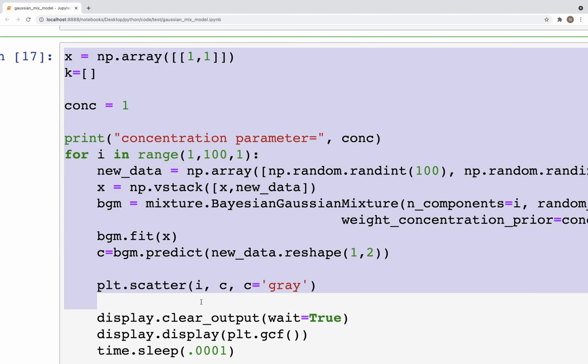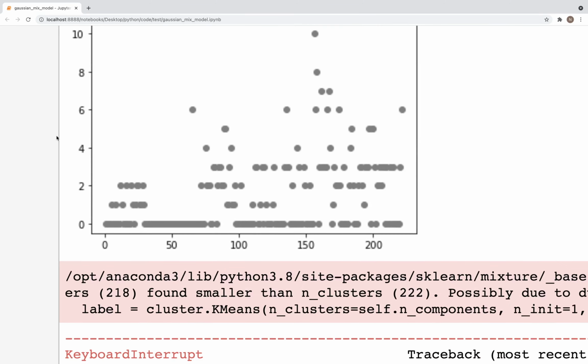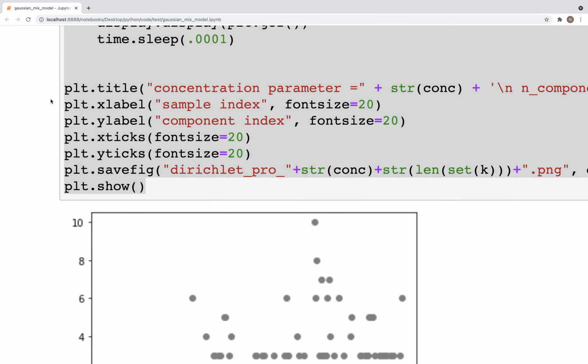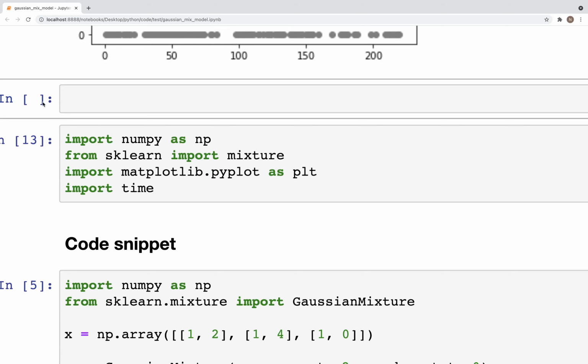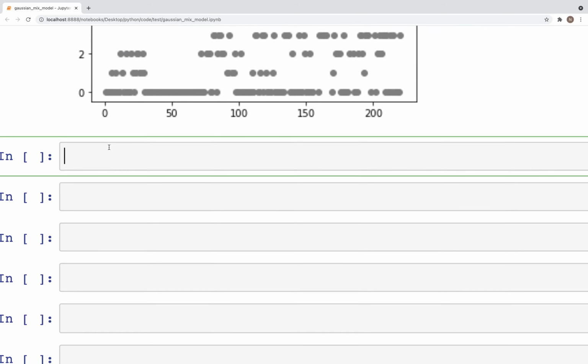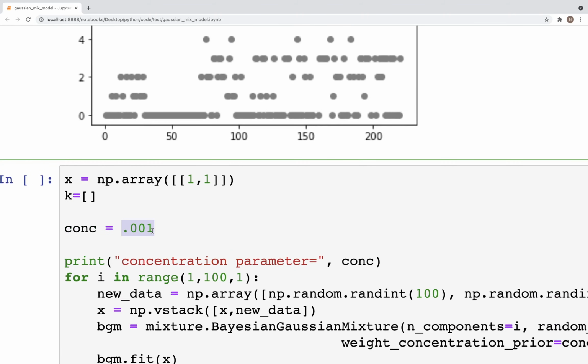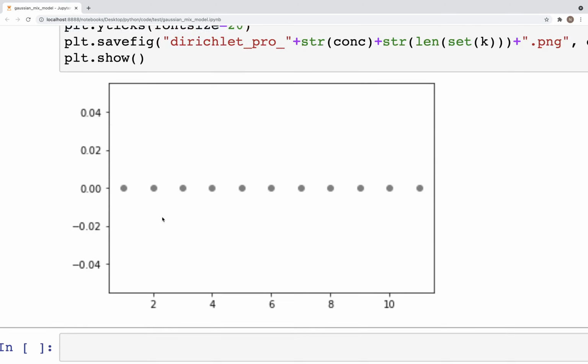So why don't we do this? I'll keep this as 0.001 and copy this entire thing and then paste it down here. Maybe create more cells. And the idea is to then compare how different they are. So we'll put that as 1 and run this. So with 1,